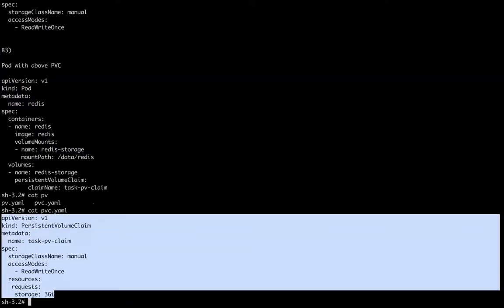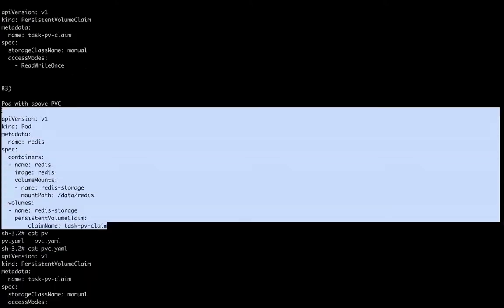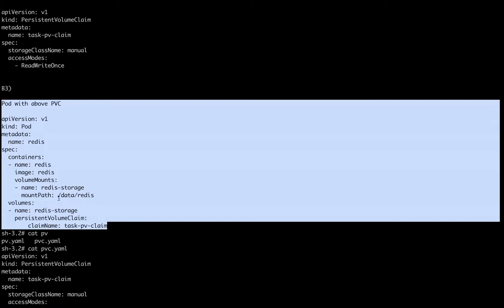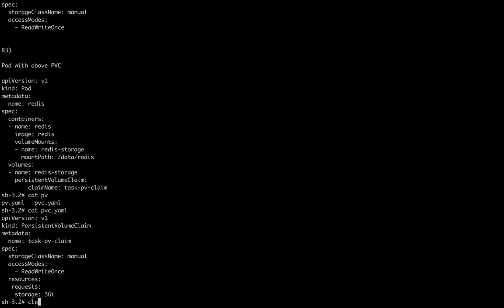And now I created the pod with the help of this manifest file, which I will put into the description. I already created it, so kubectl get pod, and this is my describe pod, and this is my pod for persistent.